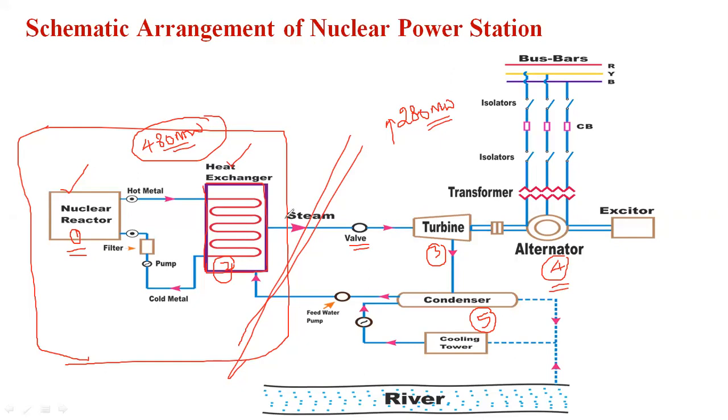Here, the generated steam with high pressure and temperature drives the steam turbine. Actually, here we are using an impulse turbine. The turbine shaft position is horizontal. The turbine converts heat energy or steam energy into mechanical energy. Further, that mechanical energy is converted into electric energy with the help of the alternator. The alternator is nothing but the AC generator. Based upon the distance or line length, we boost the voltage and send it to the consumer through transmission and then distribution.